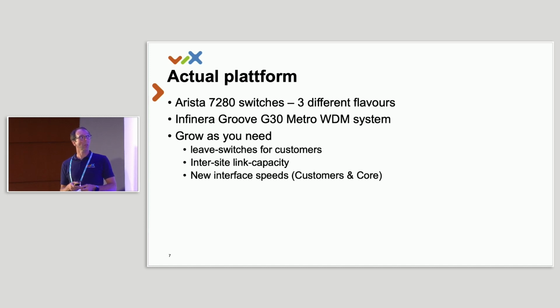And from that time on, we expect our system that we can grow as we need. So in case we need more customer ports, we just add more leaf switches, maybe with 10 gig, with 100 gig, with 400 gig, whatever is necessary. And if we want to have more capacity for the inter-site links, because we currently have, for example, a very small site, if this one grows, we just add more capacity on this inter-site link. Maybe we add another layer, or we add some switches, but in fact, we never have to touch the things that are already and currently running. And if at some point in time we get some new interface speeds, maybe 800 gig or whatever comes after, then we just add the new boxes and can operate it.